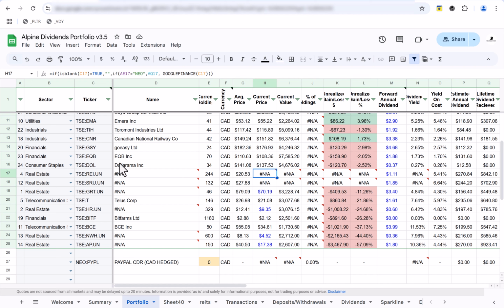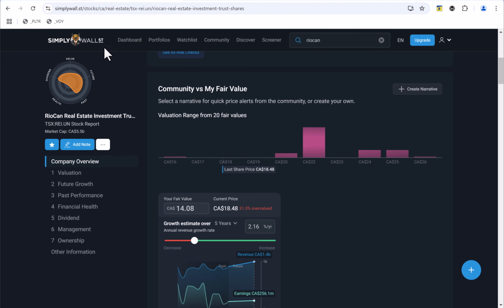And as you probably know, a lot of the Canadian REITs, as well as NEO stocks and other obscure stocks from other exchanges, sometimes don't work properly. So we're just going to override this formula with something else, and we're just not going to be pulling from Google Finance for this. Often I like to pull from Yahoo Finance, but they are also just not working properly right now. So the website that we're going to be sourcing from for now, as long as this works, is actually a website called